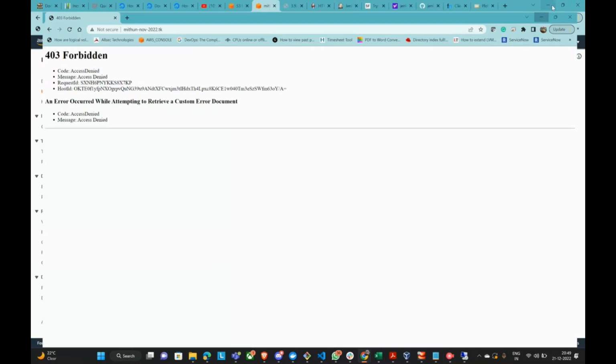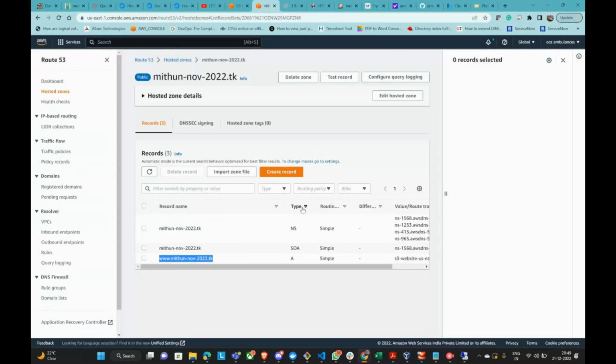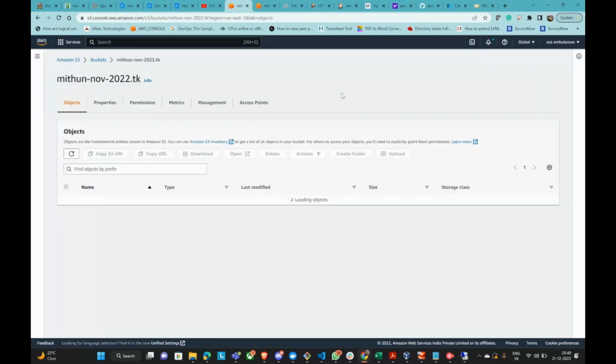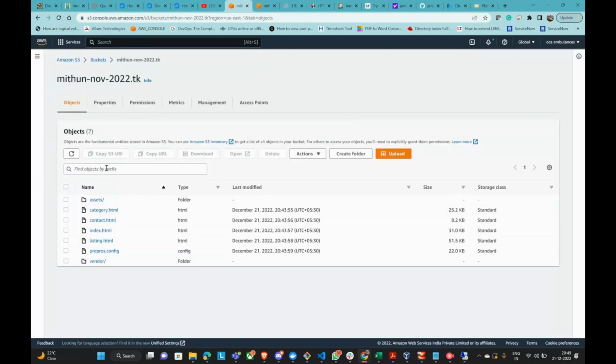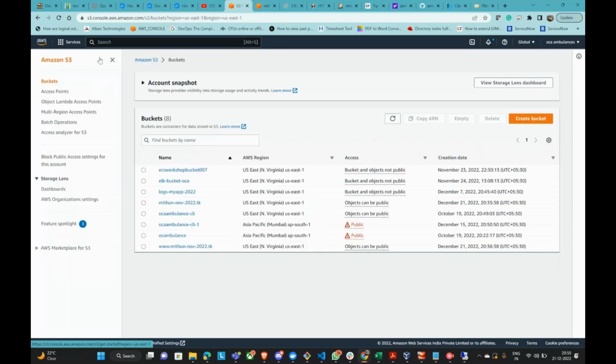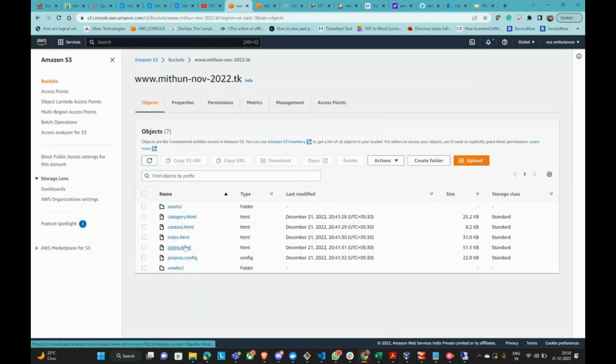Why am I getting access denied? Because I have not made this publicly accessible, isn't it? It says only one can be public, but this is not public. So first let us make one of the buckets public. We are going to make this one public. So go to permissions,